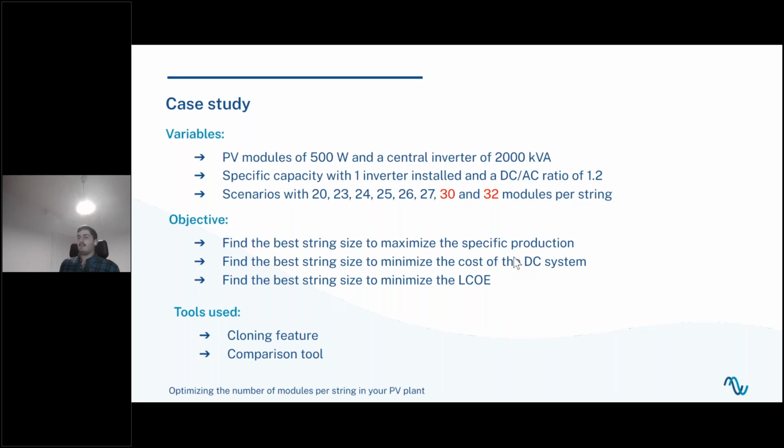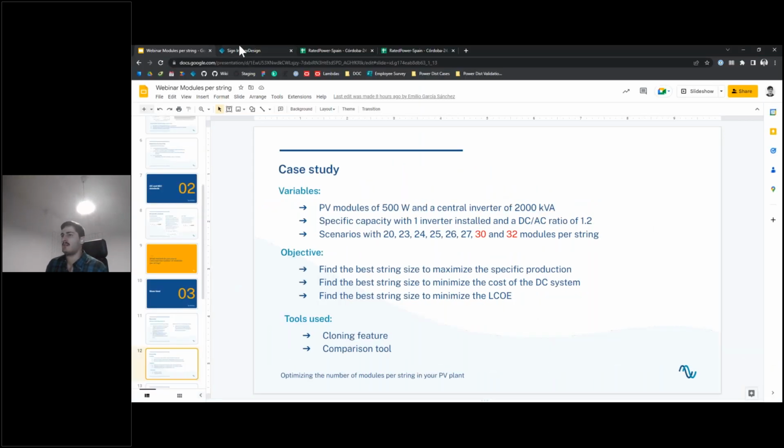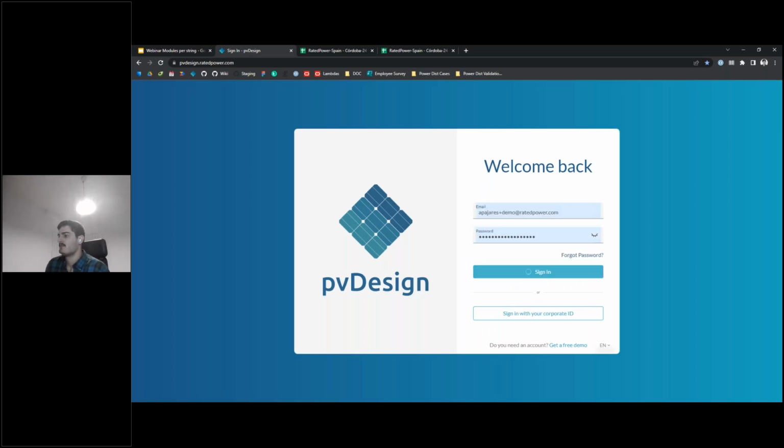So that being said, here we have this case study that I wanted to evaluate. I have defined a design with modules of 500 watts and a central inverter of 2000 kVA, and a case where we are just going to evaluate one inverter and a DC-AC ratio of 1.2. I have evaluated different scenarios with 20, 23, 24, 25, 26, 27, 30, and 32 modules per string. I have defined these two in red, just because if we go to pvDesign,